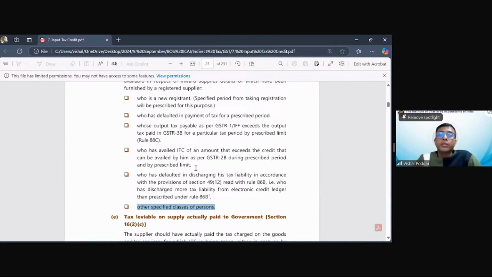The better part is that this is not yet made effective. Why? Because all these specified, prescribed conditions are not yet prescribed. So till they are not specifying or prescribing these details, for the time being, you all are safe. The moment these start getting prescribed, getting ITC will be difficult. Even though it is appearing in your 2A, 2B, and every other condition is satisfied, because of 38 it may still get blocked. Have you understood this new condition inserted in 38?